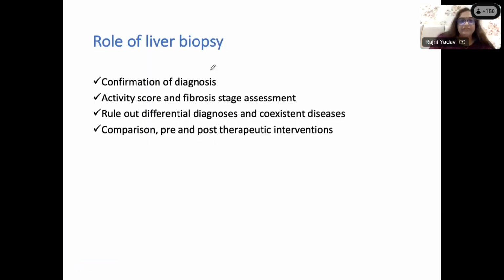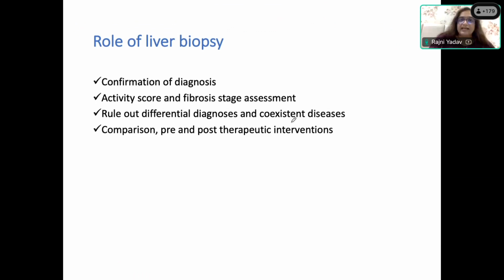So in NAFLD, if we want to conclude, what is the use of the biopsy? Yes, confirmation of the diagnosis. You have to do an activity score and the fibrosis stage assessment, which can be correlated with the non-invasive investigations we have now. Then to rule out the differential diagnosis and the coexisting diseases, because most of the people will